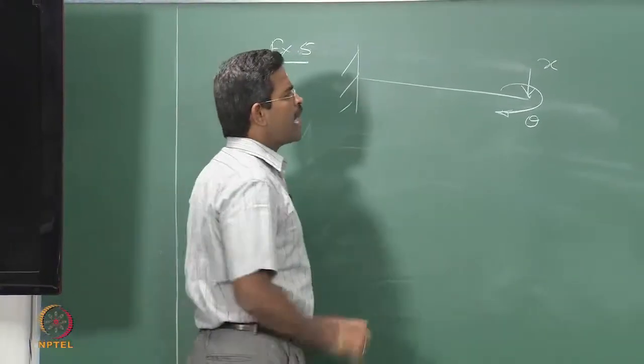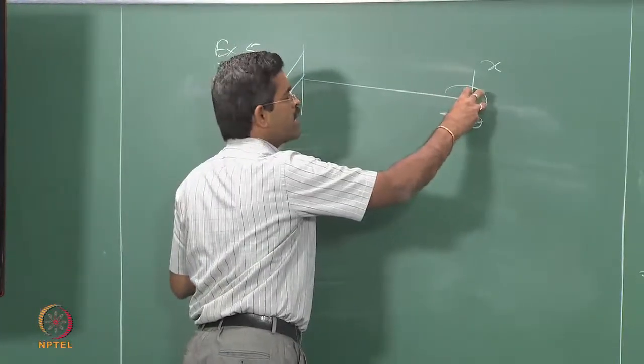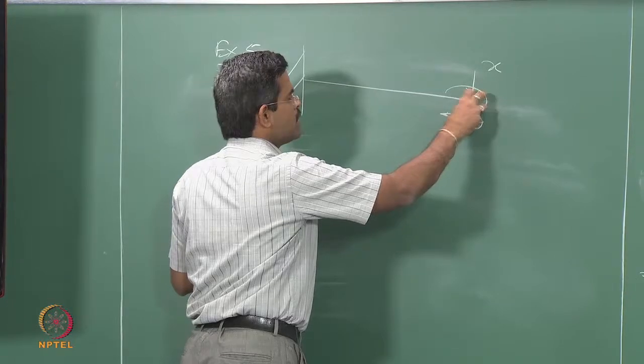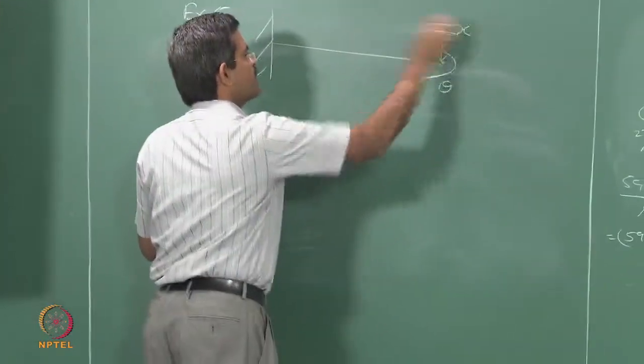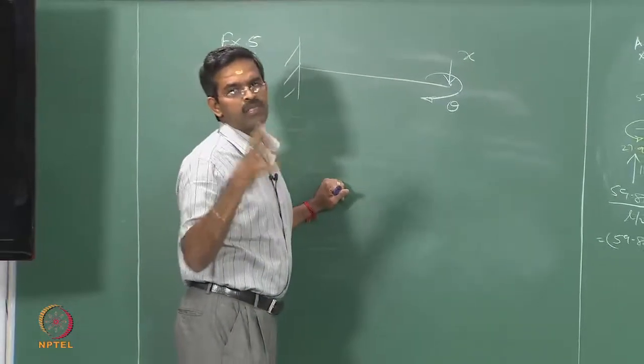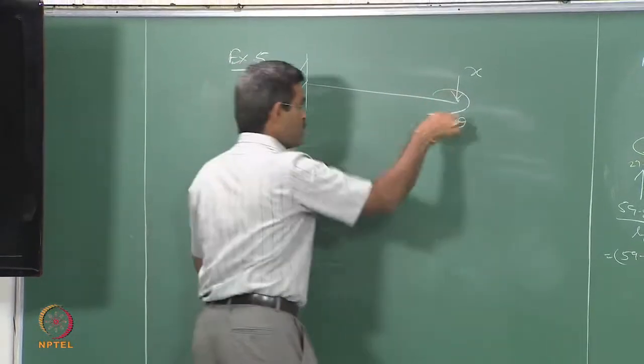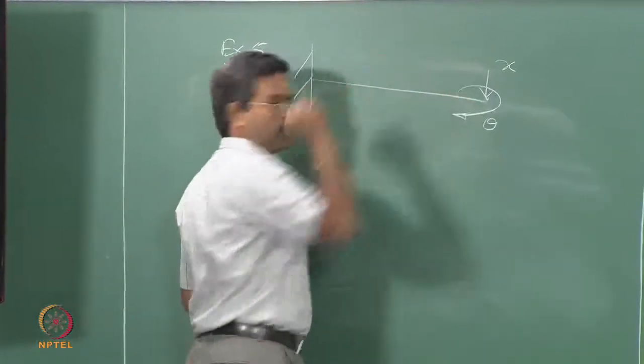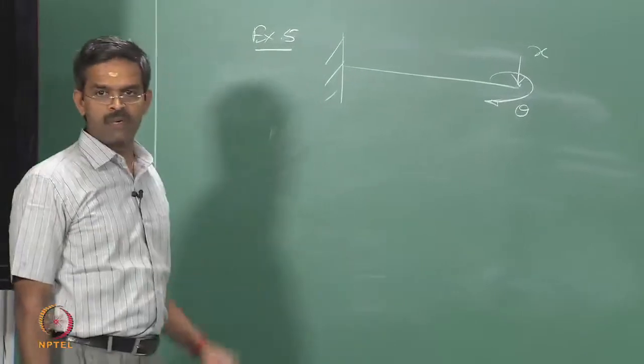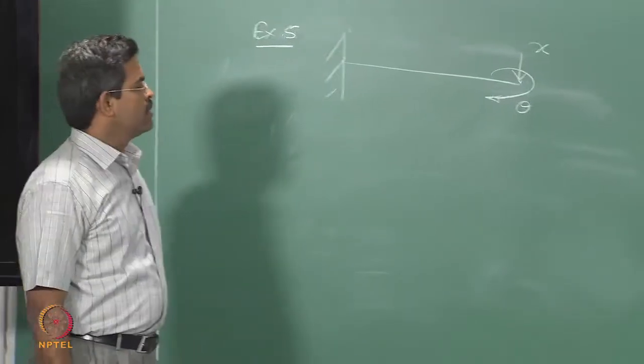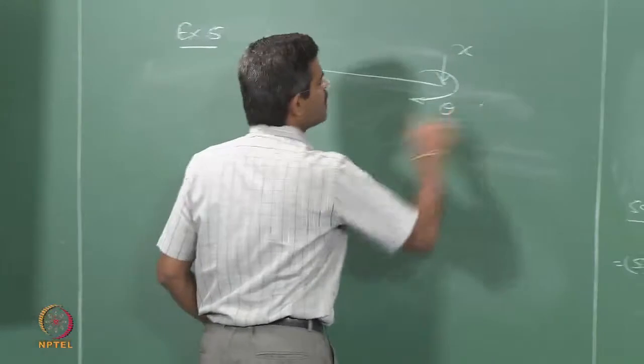Now, interestingly, if you had only 1 degree, you could say the stiffness for unit deflection would be 3EI by L cube, standard equations are there. If it is only rotation, you can still find it. If both are available here, what would be the equivalent stiffness of this member? Okay. So, for this there are 2 methods.